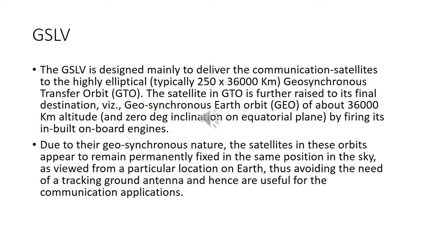GSLV works in three stages, unlike the PSLV, which is a four-stage rocket, and it has three versions: GSLV Mark 1, GSLV Mark 2, and GSLV Mark 3. The GSLV Mark 1 has a capacity of around 2 tons to the GTO, the geostationary transfer orbit. The GSLV Mk2 has a bit more capacity, around 2.5 to 3 tons to the GTO, and it has